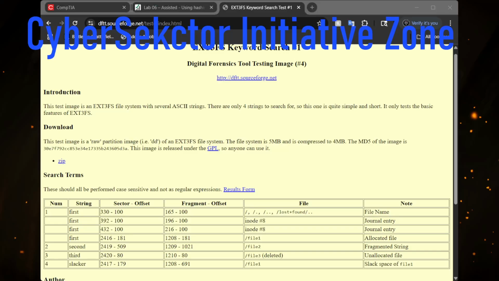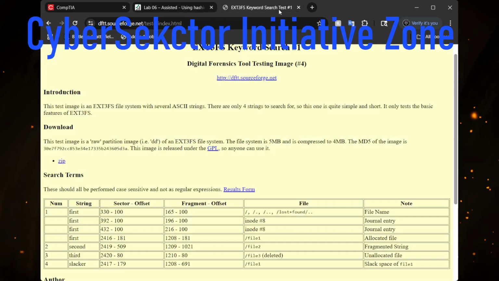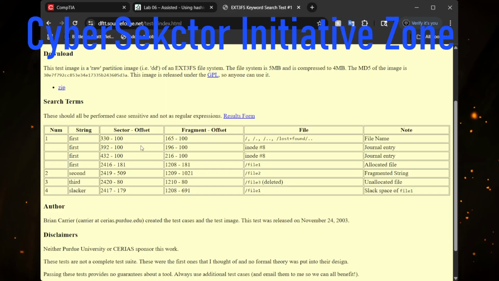So that's always important to have that put in place, so you can see the data that you need to see, so it doesn't have to be an issue in the future, because all these strings that you see right here with the sector offsets and the fragment offsets, the file paths, everything that you need to know with your notes, whether it's allocated, unallocated, or you need to put down a journal entry,